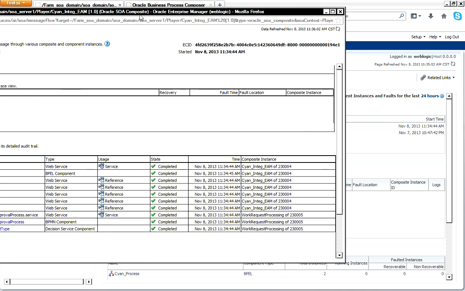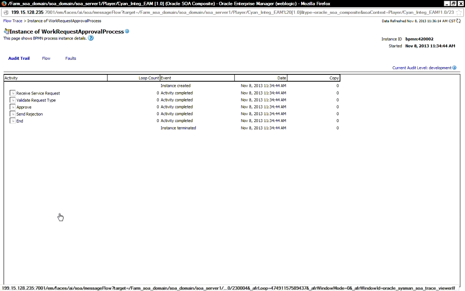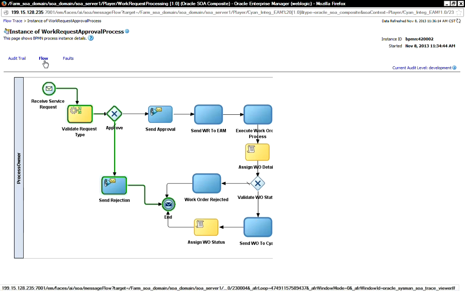And as soon as we open this process, we get a screen like this, which actually tells us what happens. Now let's open an instance in a more fashionable way, where we can see the actual process execution path. So this green line tells me what happened in the process. This is a similar process to what we saw in the BPM Composer screen, but this is the process execution path flow screen, which tells me that the work request first came to the BPM process, and there it